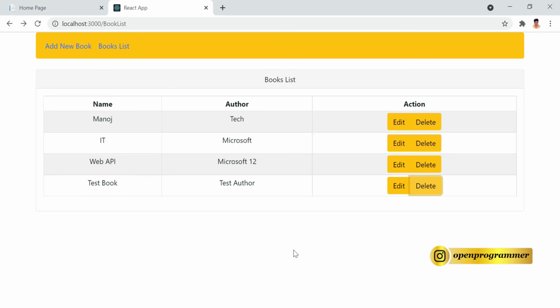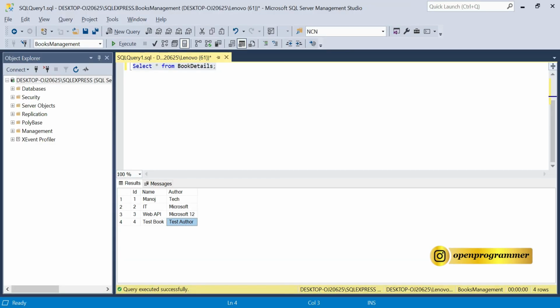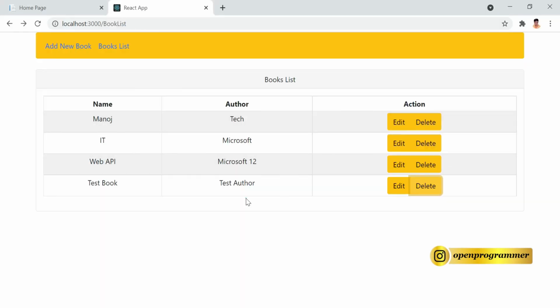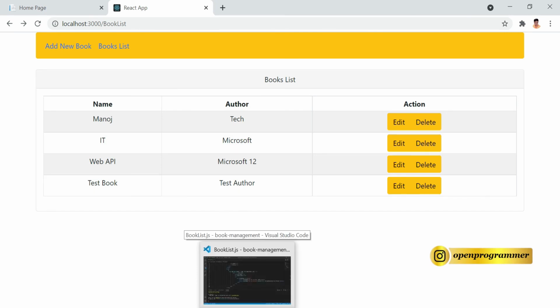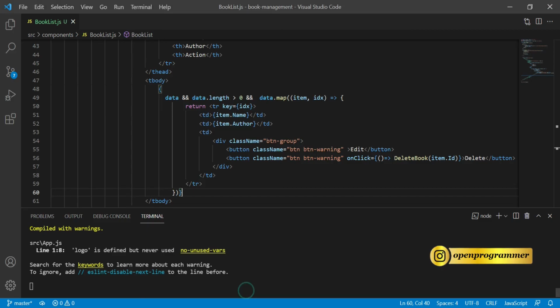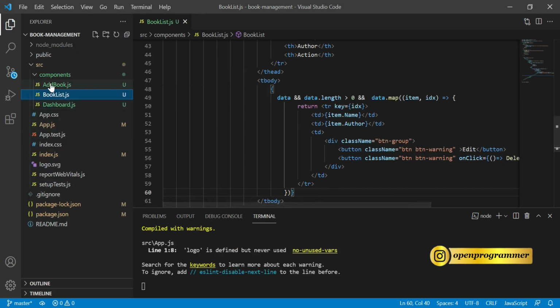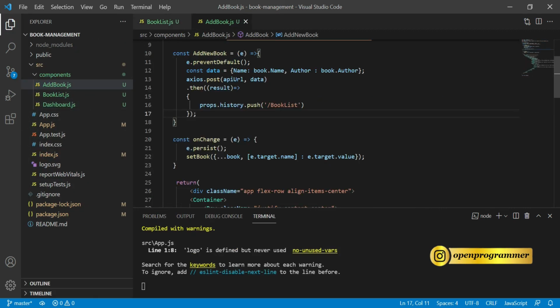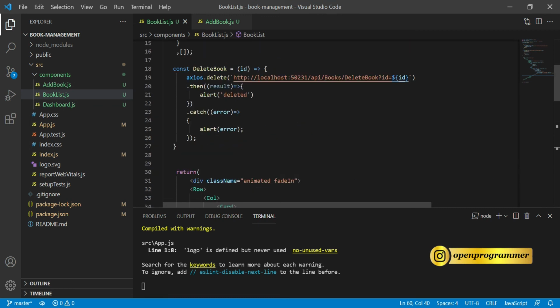The list didn't get refreshed because we didn't use the get method again. But let's go to the SQL server and check whether this test book is deleted or not. Let's select this command, click on execute. You can see the fourth book has been deleted. Perfect. Now just to make it refresh every time the delete operation succeeds, go back to your booklist component.